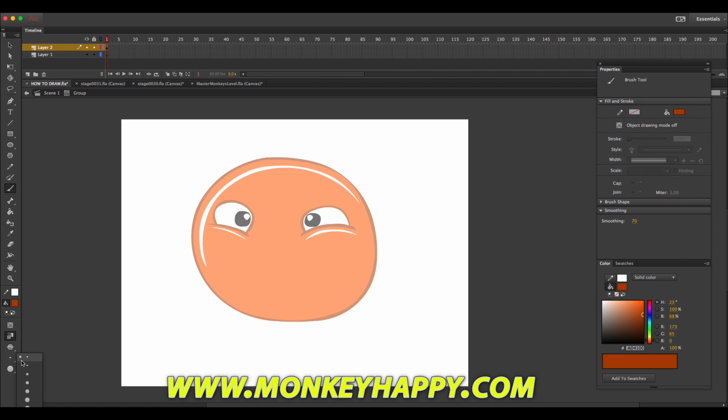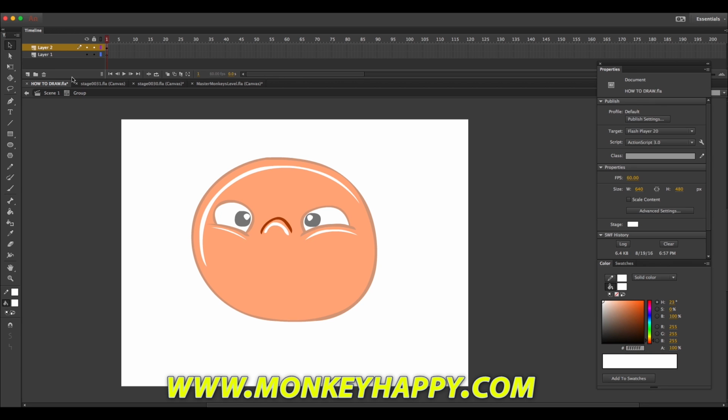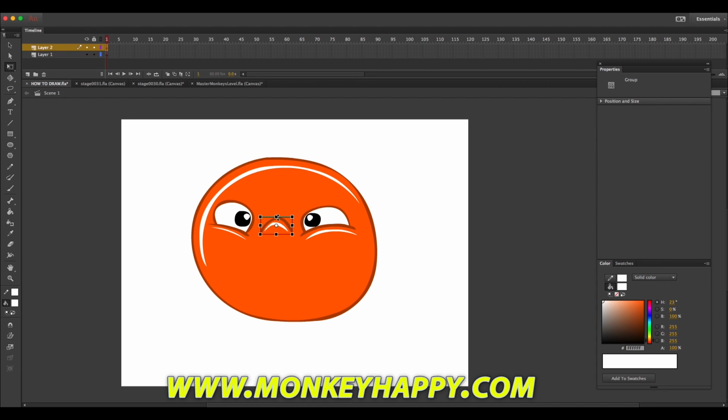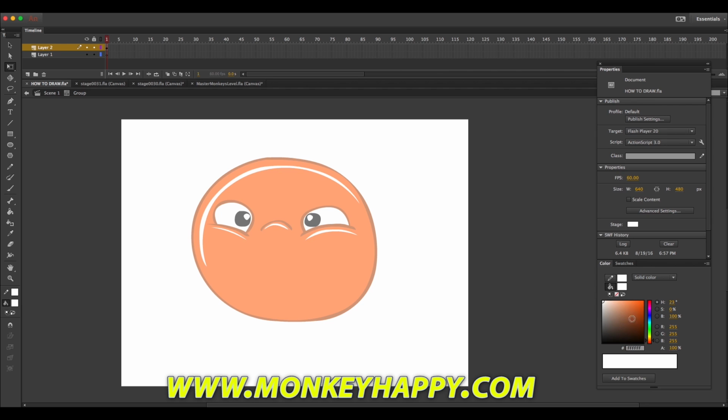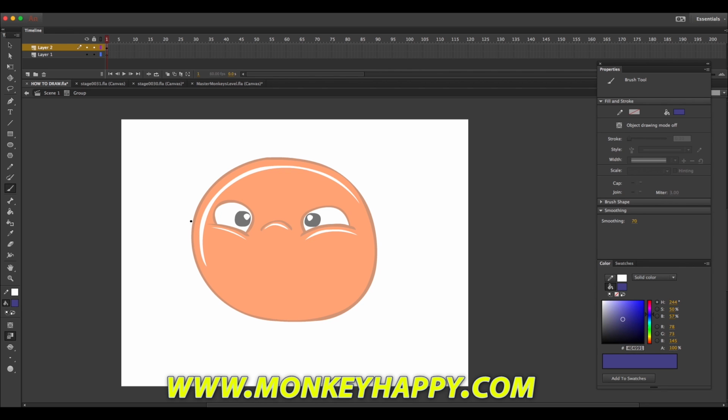Then go ahead and Command G again and draw the mouth using the brush tool. Your highlights, smooth it out as much as you want. And you can resize it if you put it in a separate object. And Command G again, what it does is it obviously groups the object separately